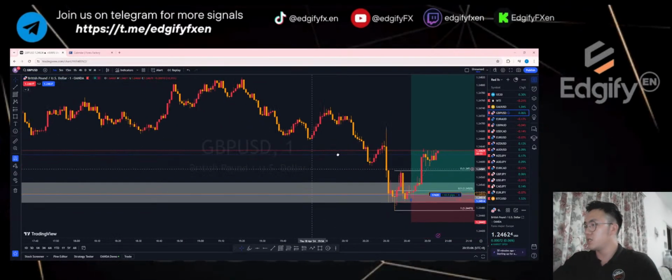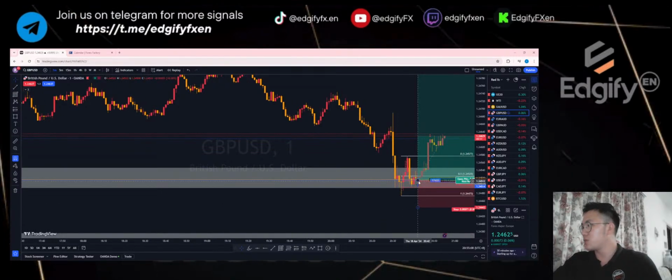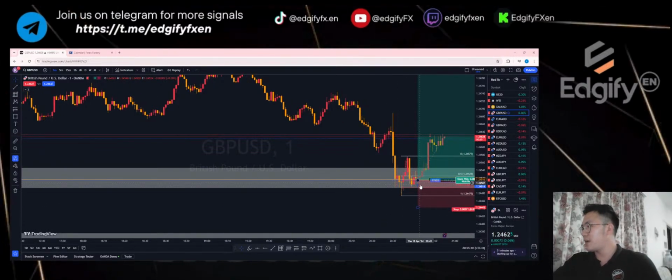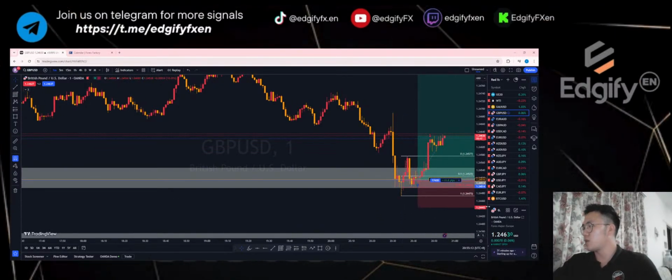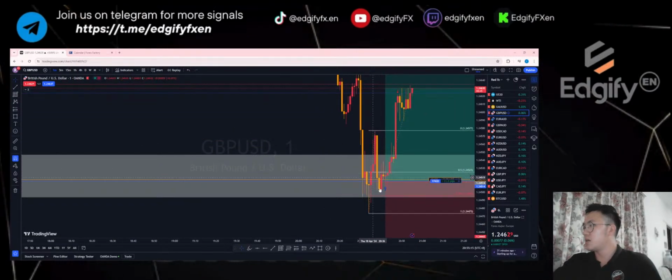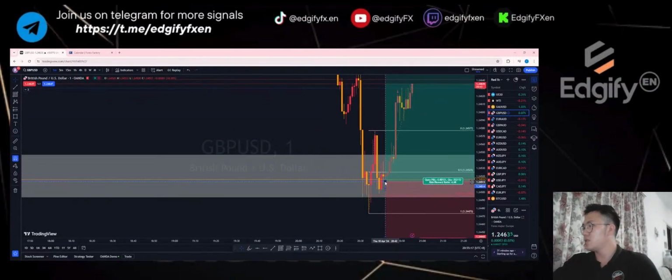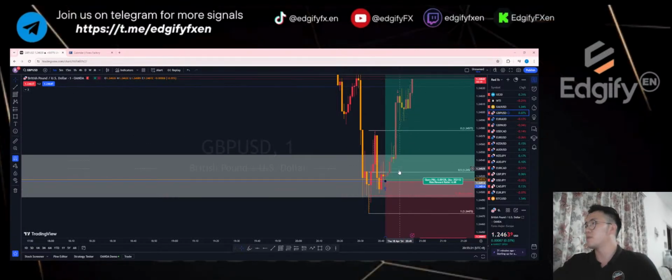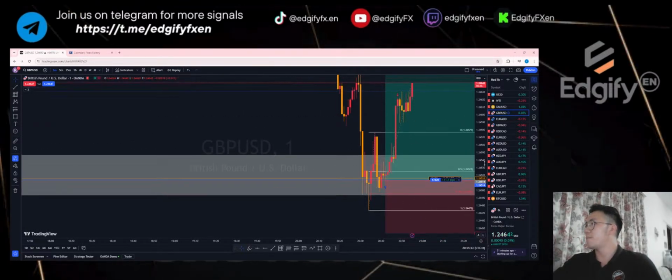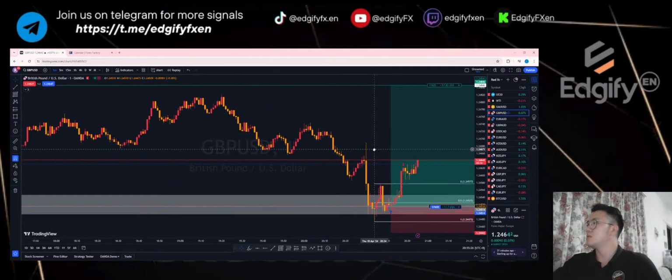Alright, this entry basically we took it slightly late about this candle here, right? But it barely had any drawdown, in a 1 minute candle. Entry at this level here, dumped a little bit, and then it just started to pump and continue. We are up by 12 pips already.